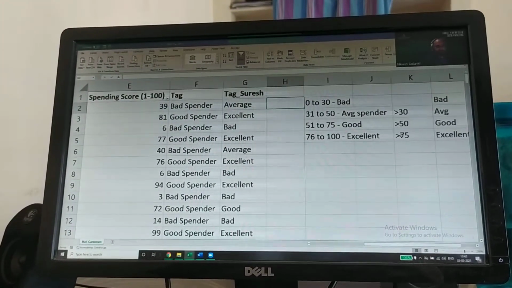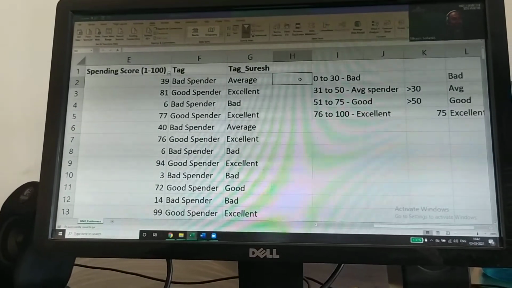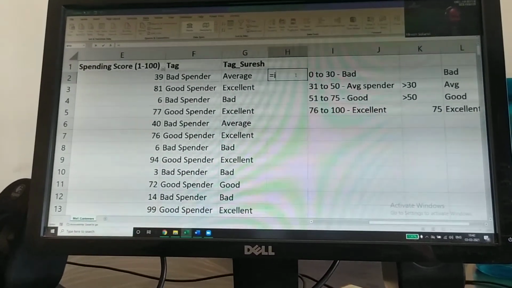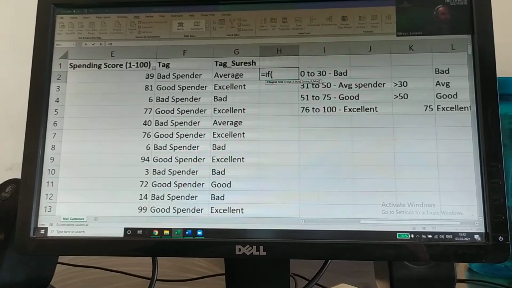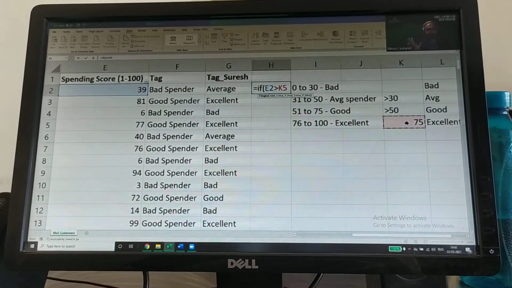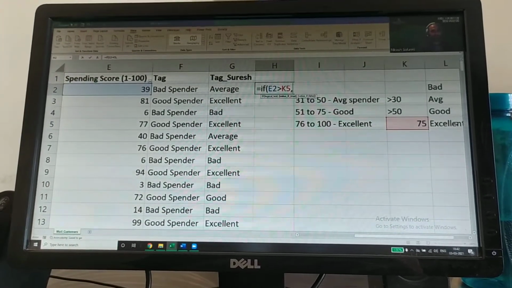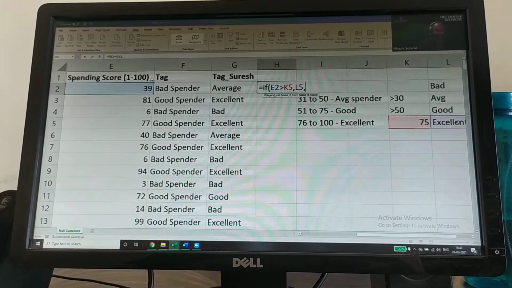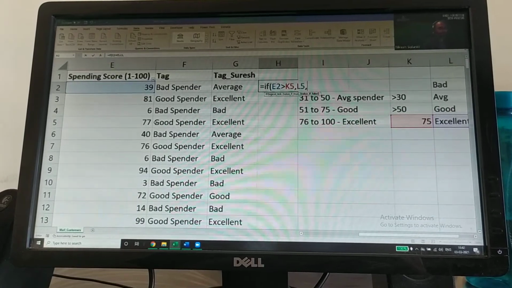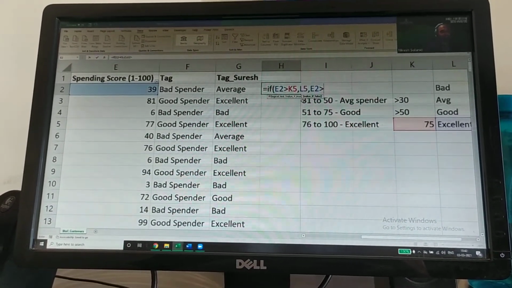So what we'll do is we will remove this operator here and do it like this. If this is greater than 75, right? Then we will do this: excellent. Else this is greater than 50.